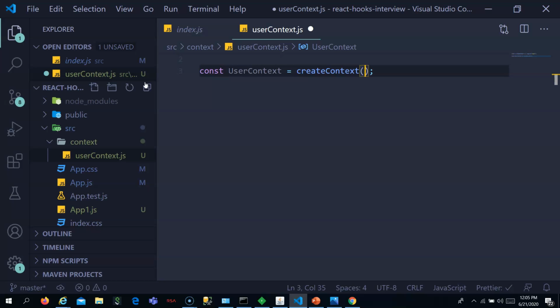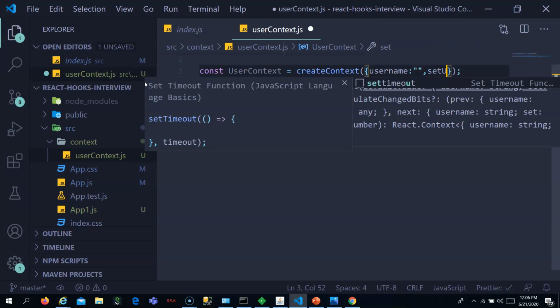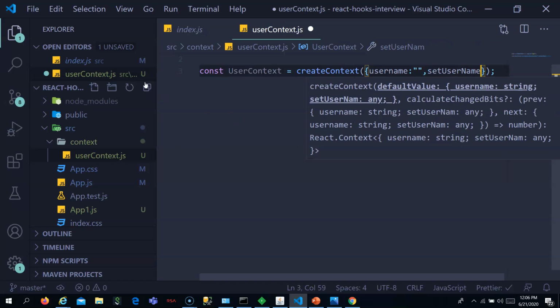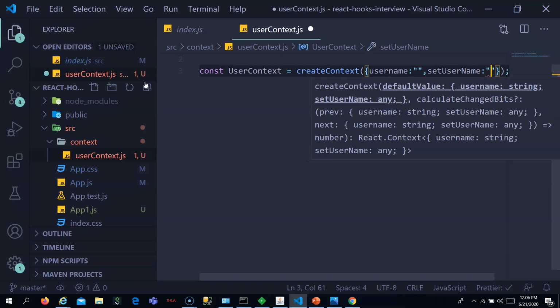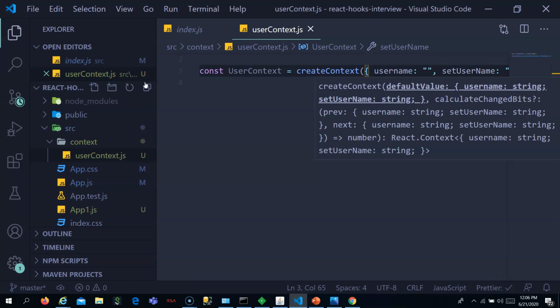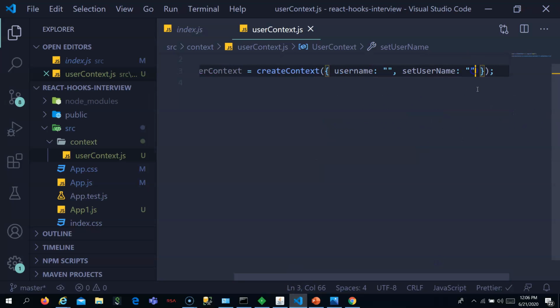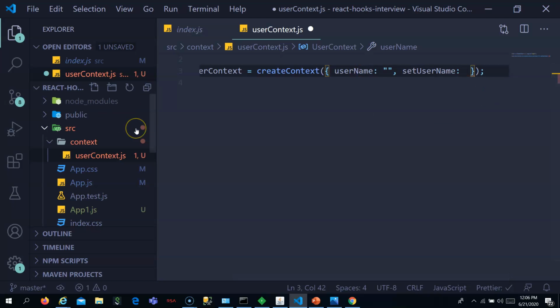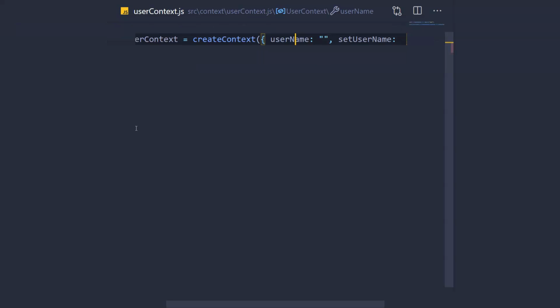You have to say what value the context should have. Maybe it should have a username and setUsername. This setUsername is for setting the username.